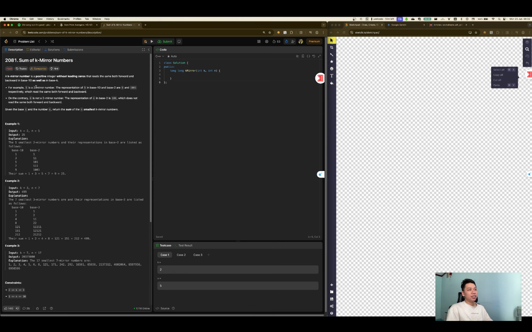For example, 9 is a two-mirror number. The representation of 9 in base 10 is 9 already, it is a palindrome, right? In base 2 it is 1001. This is a palindrome too; you can see that reading it from backward or forward is the same. On the contrary, 4 is not a two-mirror number. Although 4 is a palindrome in base 10, in base 2 it is 100, which is not a palindrome,